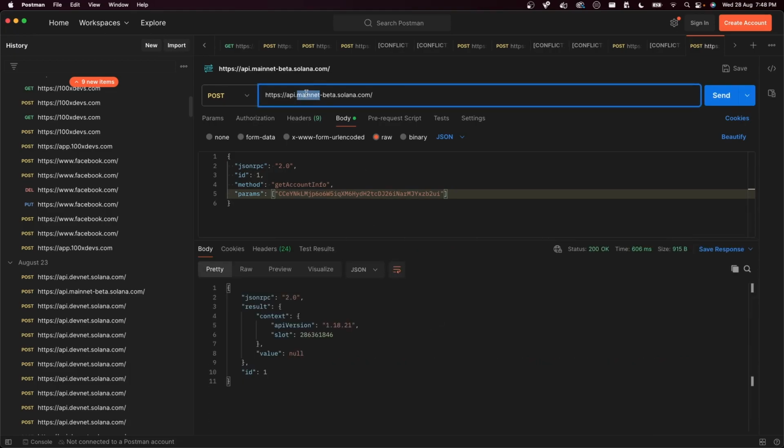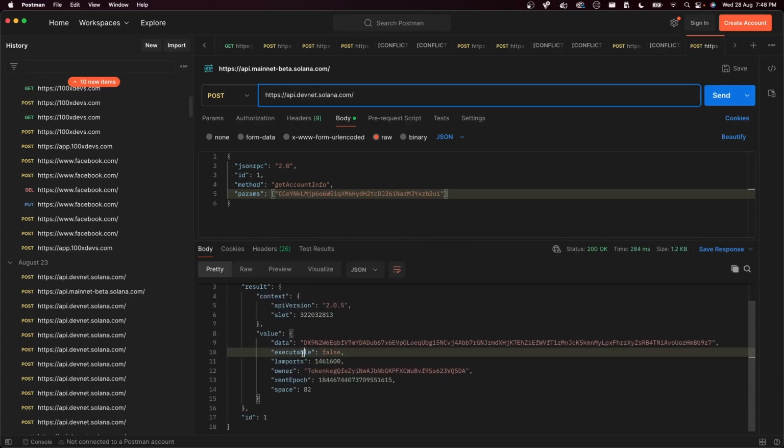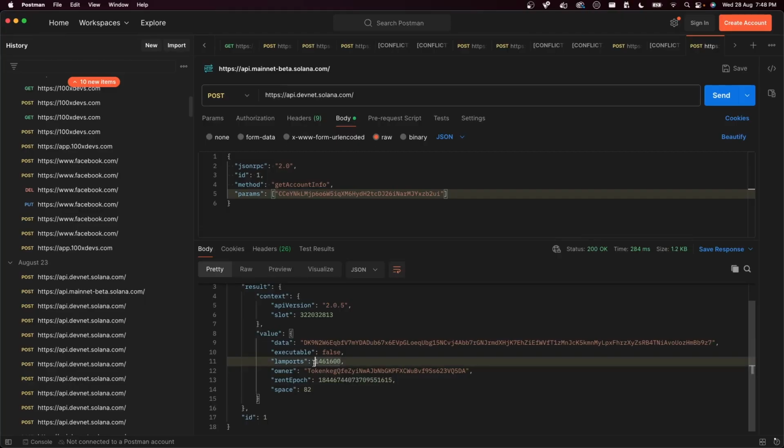I need to replace the URL with, you guessed it, DevNet. And it says executable false, lamports, not a lot of them. 0.001 SOL. And space again is 82. Mine also takes 82 space. USDC also took 82 space. They had more lamports. I have no idea why. But space taken is the same. Even USDC has 82